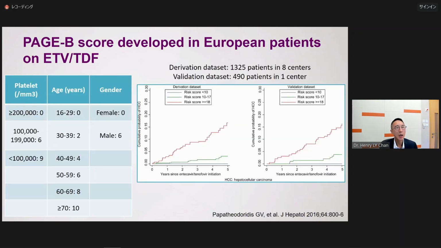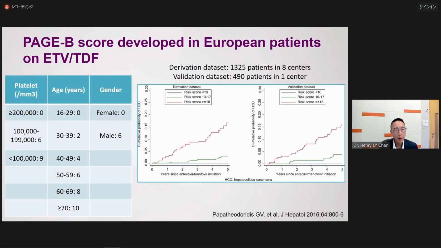And now comes the very famous PAGE-B score. The PAGE-B score was derived from a data set of more than 1,300 patients in Europe from 8 centers, and subsequently validated in another 490 patient data set in one Italian center. What they found is that actually in Europe, patients on ETV or TDF only need 3 simple factors to predict